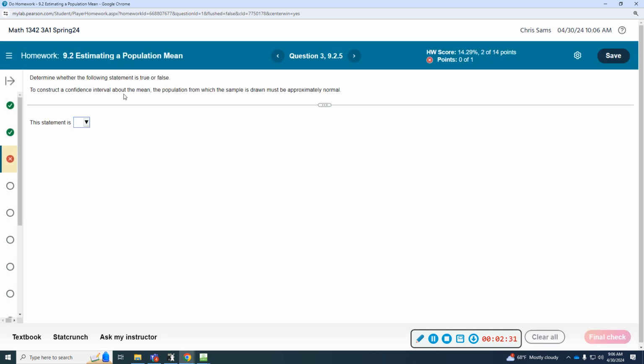All right, to construct a confidence interval about the mean, the population from which the sample is drawn must be approximately normal. It could either be normal or have a sample size of at least 30. So false. I mean, a sample size greater than 30 would also mean